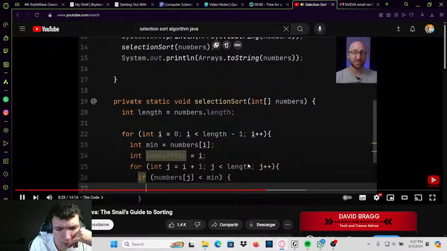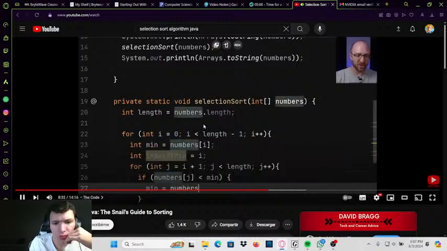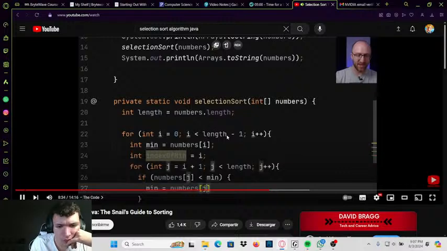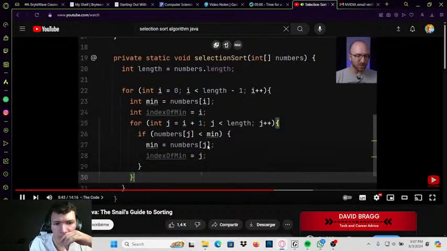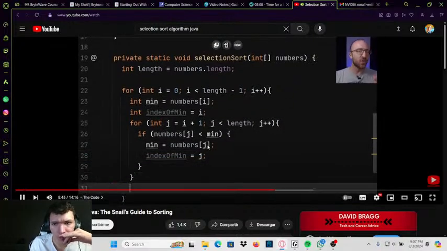new smallest number. So we need to set our min equal to the value of our numbers array at position j. We have a new minimum. And then we want to remember where we found that minimum too. So we're going to set index of min equal to j. So now, once we are done with this inner for loop, once we have